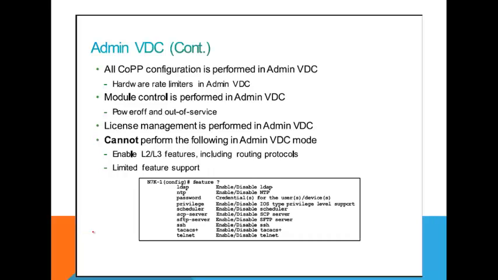So all control plane policing configuration is performed in the admin VDC. What is control plane policing? The rate limits that we set for the interfaces. Module control is performed in the admin VDC. Module control means turning off the module, power off. If you want to power off a particular module, out of service is the command. It shuts down the particular module. So those things are done from the admin VDC, the default VDC. Licensing management is performed in the admin VDC,